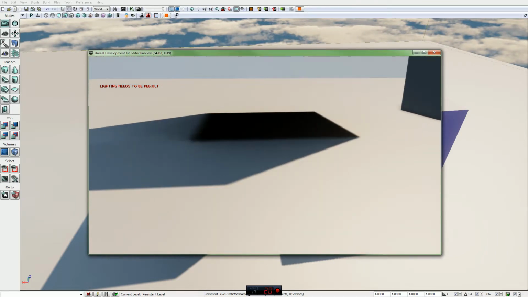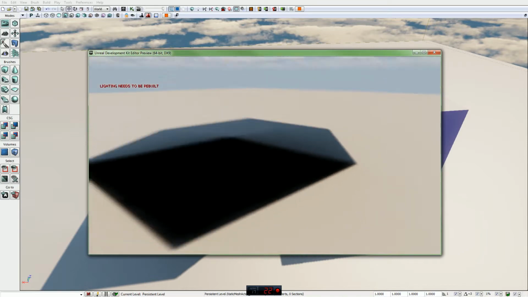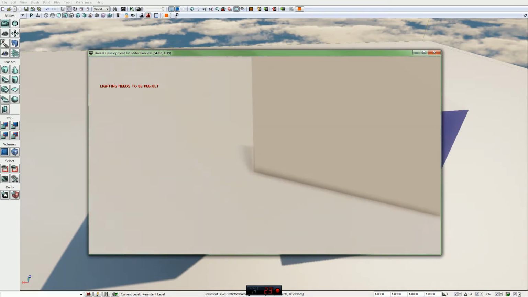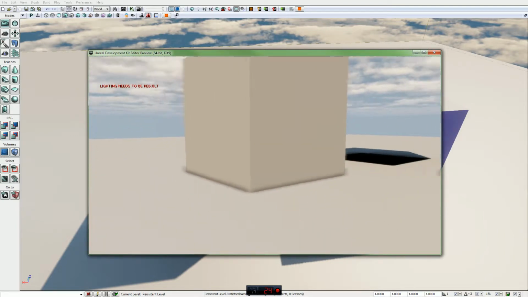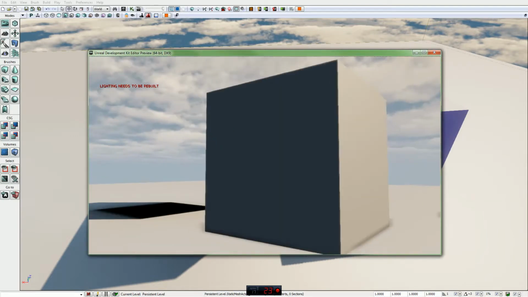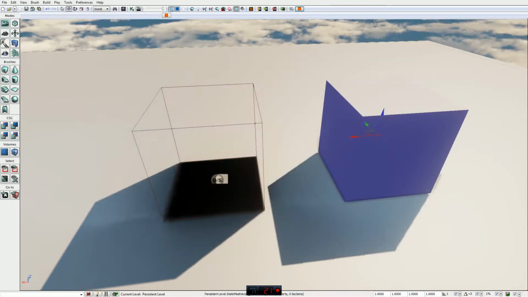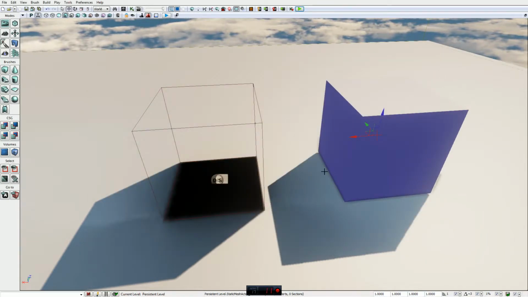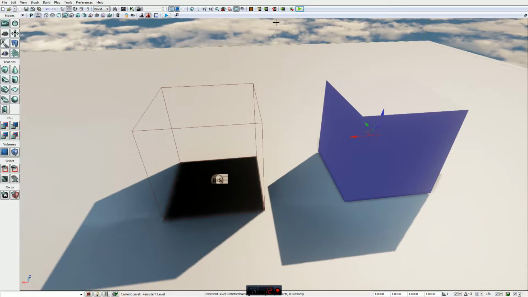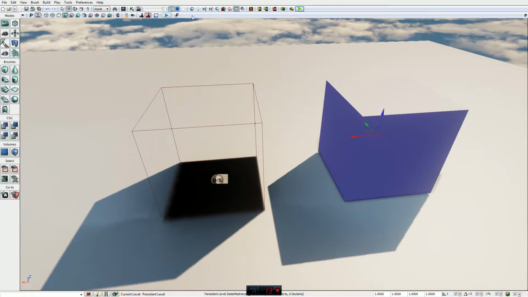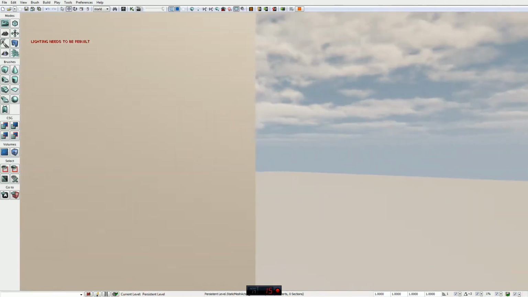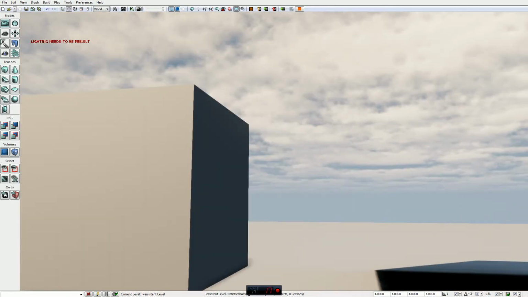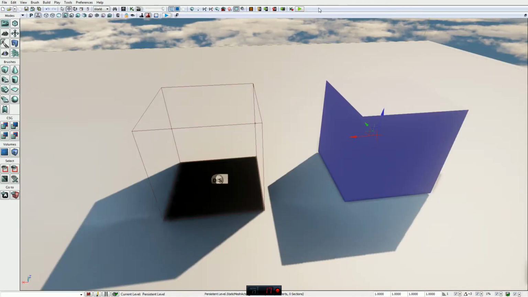Now notice, it even has a shadow in here, and it's telling me that my lighting, of course, needs to be rebuilt. And it's actually not updating the shadow for this one either. Even though it was updating it in the editor window, it's not actually taking it in this case. So there's another reason you have to rebuild things. Now, there's this one, but there's also this option here that you can play in viewport, and you can actually play the level in here. So it's up to you what you want to do. I sometimes do both,